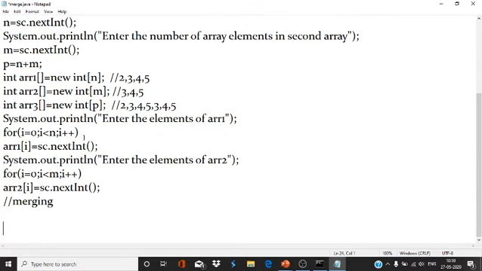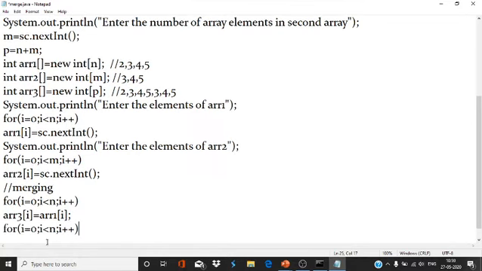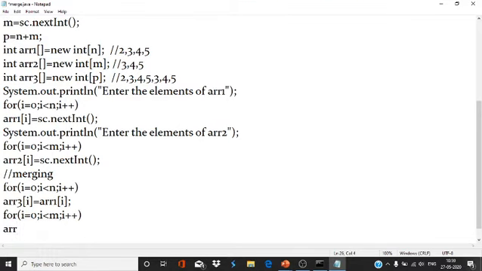Again I will execute the loop n times, and each time the value of arr1 will be stored in arr3. So arr3[i] equals arr1[i]. It means the value at index 0 of arr1 will be stored in index 0 of arr3. The same process will be here also, but it will execute m times, and arr3 at n plus i.